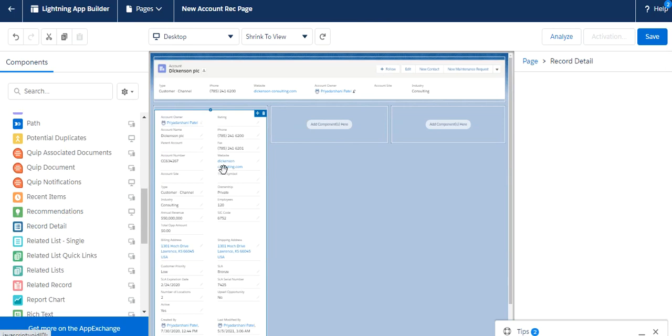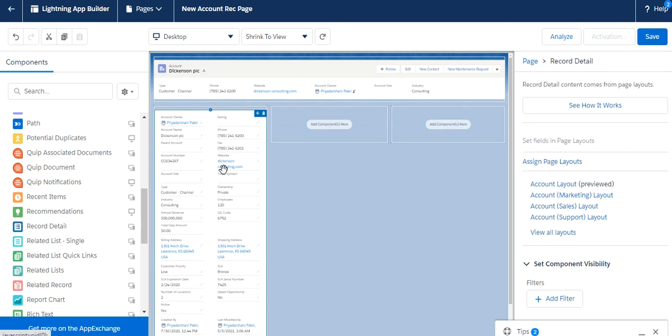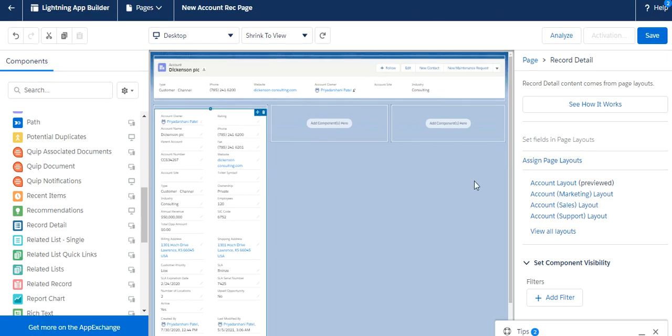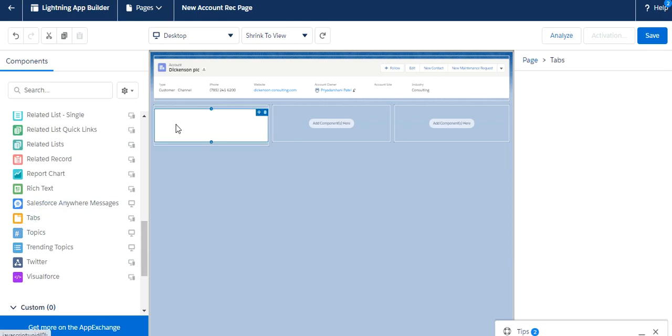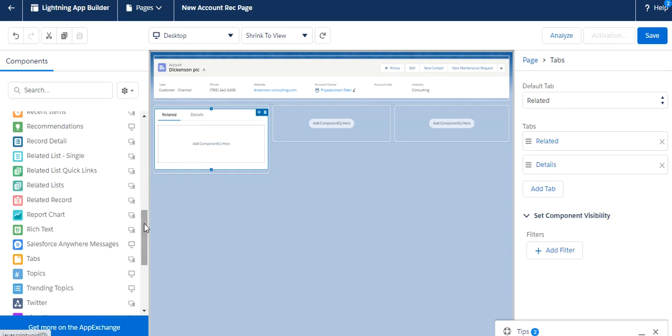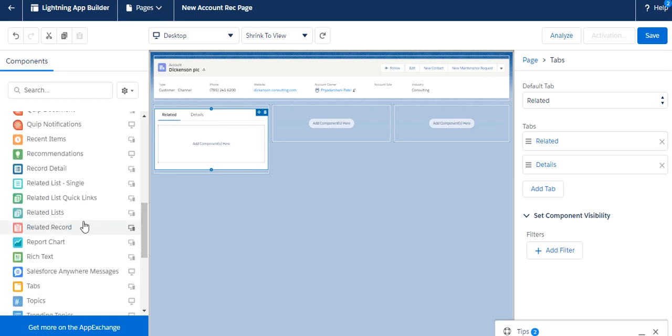We can do it one by one, or we can create a tab and then add this component. So it's completely up to you how you want to do this. I'm just showing you how you can do it separately, as well as how you can do it together. If you want to do it separately, you can. If you want to add into the tab, first we have to select the tab and just put the tab here. Then here we have two sections, related and details. It's automatically giving the name. We can add two components here. So first we have to add related